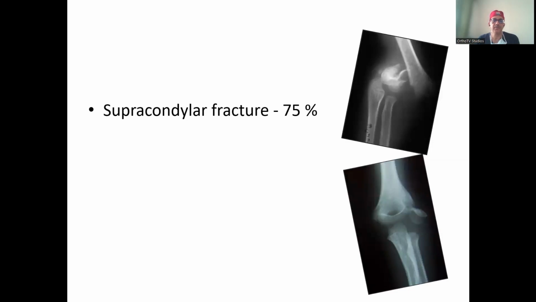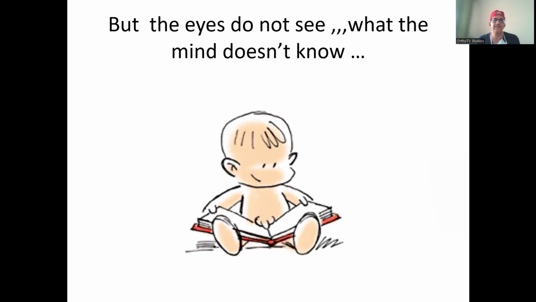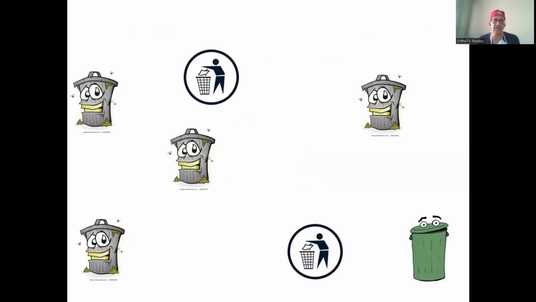group. Supracondylar accounts for 75% of these cases, and lateral condyle is about 17%. But that just makes it 92%. 8% of the elbow injuries are osteochondral fractures, which are commonly missed. So the eyes don't see what the mind does not know. And my job here is to make your mind aware or open about the other injuries which are commonly dismissed